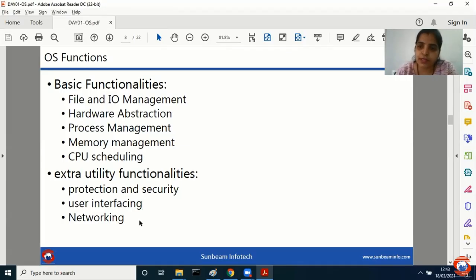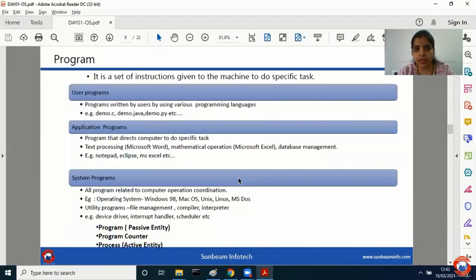So is it compulsory? No. If you set it, then it will allocate. So that is called additional or extra utility. When you talk about networking, if I have a system and I do not connect over the network, will it be fine? Yes, it will be fine. It's because networking is also an extra utility functionality. Is it okay? Everyone, have you understood what are the major OS functions, what are the basic functions, and what are the extra utility functions, right?